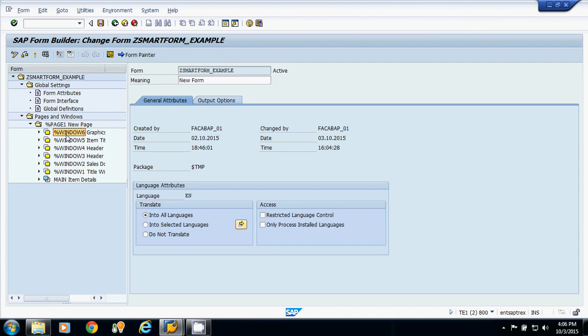Whenever you are downloading the Smartform, it always downloads in XML format, and whenever you are uploading, it is again uploading in the XML format. So whenever you start with some changes in the Smartform, it is always preferable that you download the original form first, and after that start with the changes. If in future you have deleted something, there must be some way to retrieve the original thing. So this is all about uploading and downloading of Smartform.